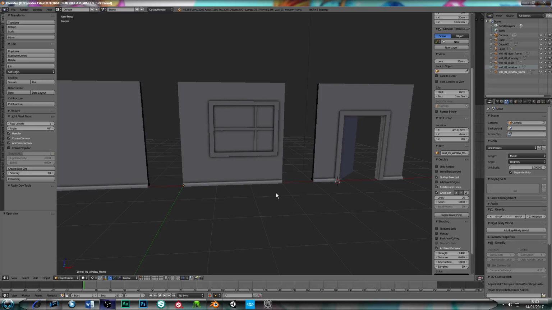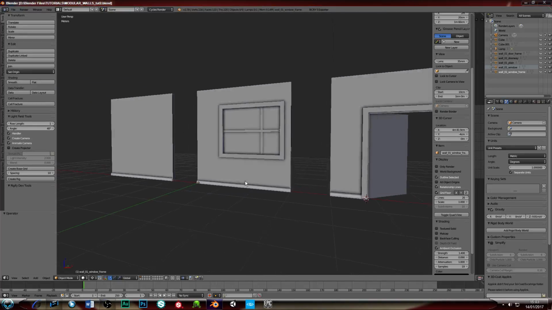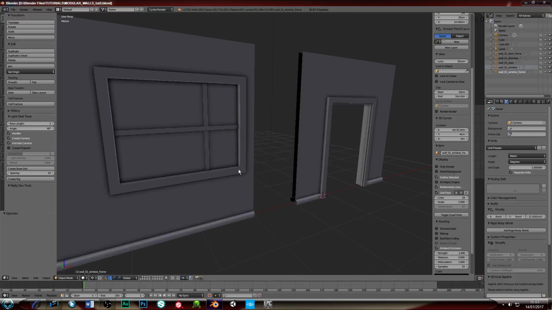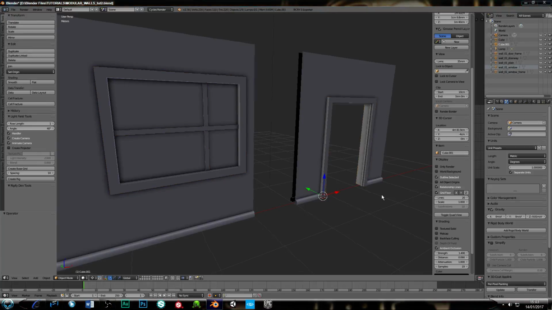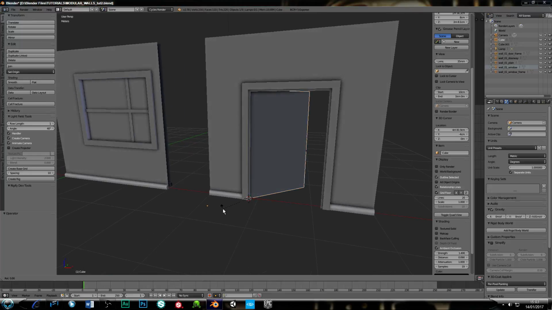Hello again, and welcome to part 2 of this modular set game assets tutorial. As you can see, I have pre-modelled some extra parts: the window frame, the door frame. I've put a window in, and a door which I can rotate along its axis there